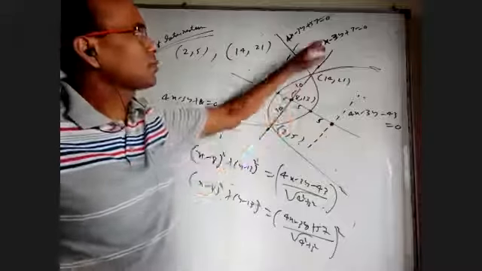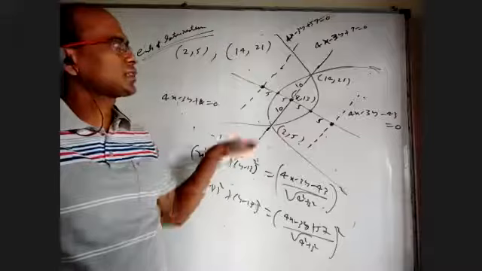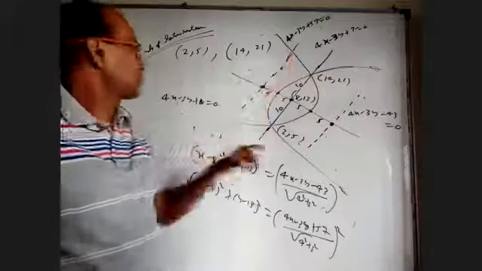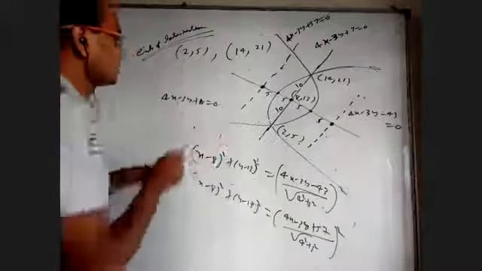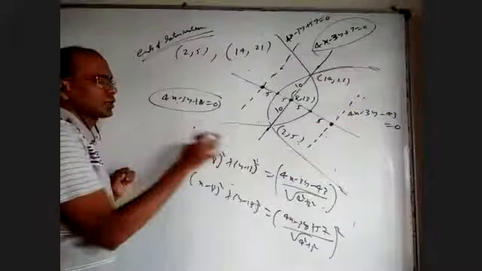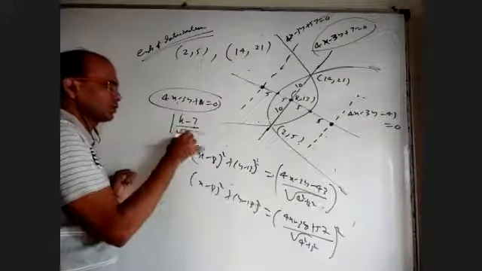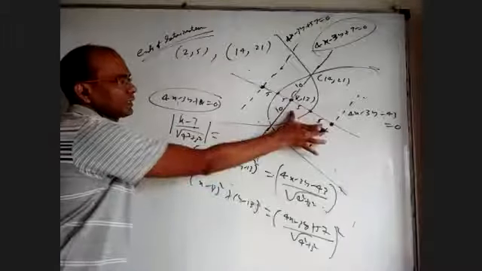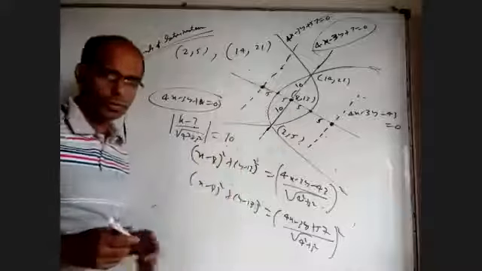So any line parallel to 4x minus 3y, first of all, you know 2 points on the latus rectum, so I found the latus rectum equation directly. Anything parallel to that will be in the form of 4x minus 3y plus k equal to 0. How did we get k? Distance between this line and this line is mod c1 minus c2 by root a square plus b square, which is mod k minus 7 by root 4 square plus 3 square. That should be 10 units. From that, I got the 2 k values. I kept it here. Is it okay?